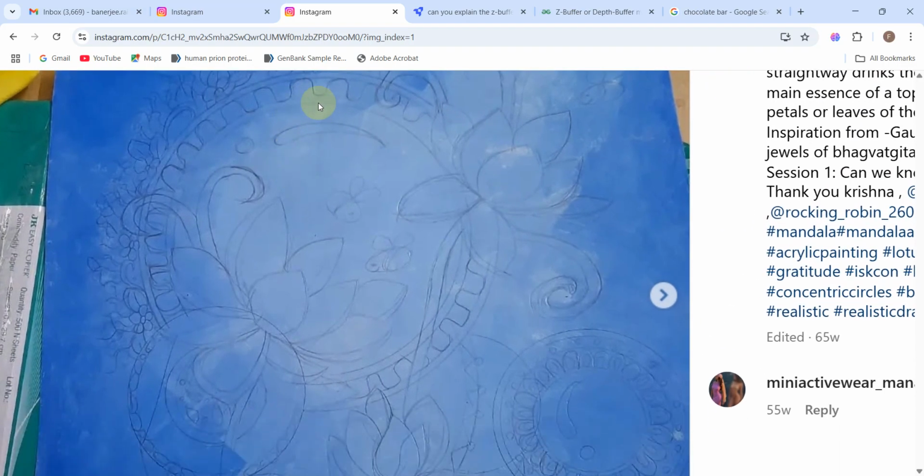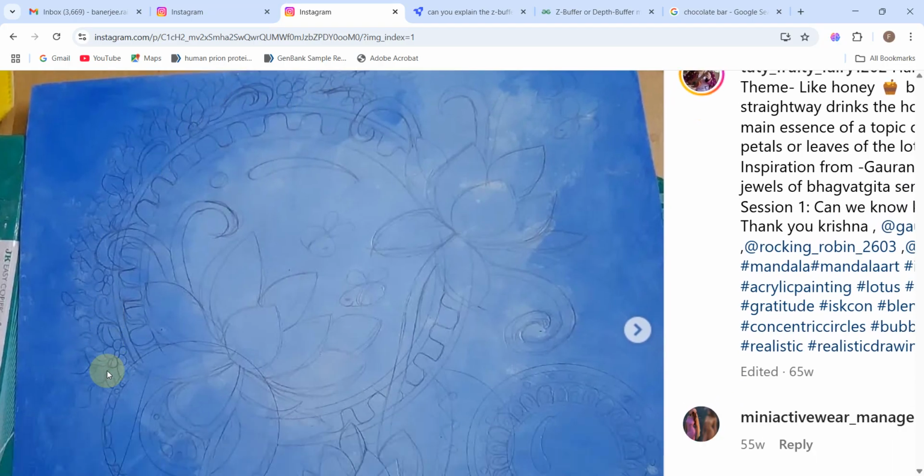You can see little line markings. This is a mandala art style bubble, and some bees are there. These bees are also above this bubble. So I have to paint it in such a manner that you can understand that this portion of the bubble should be colored in the color of the lotus, so that you can understand that the lotus is above this bubble, and after the lotus is this bubble and all the plants above it.